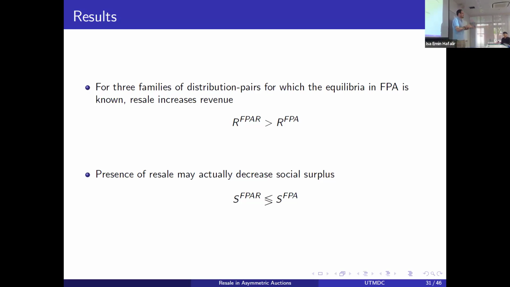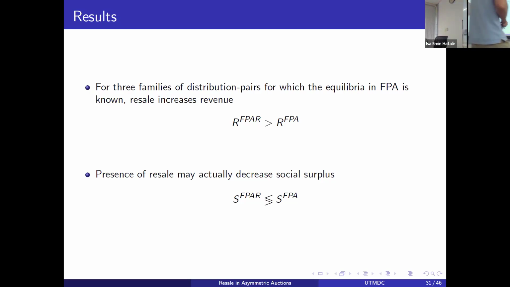Therefore, you can actually characterize an equilibrium without resale. For all the cases in which a closed form expression is available for first price auctions without resale, we were able to show that the revenue is higher with resale compared to without resale. And this is our surprising result, which is that